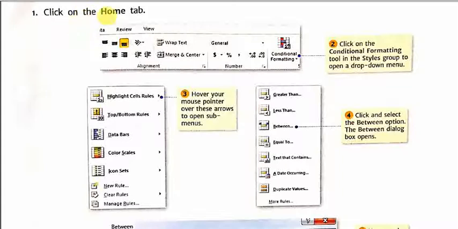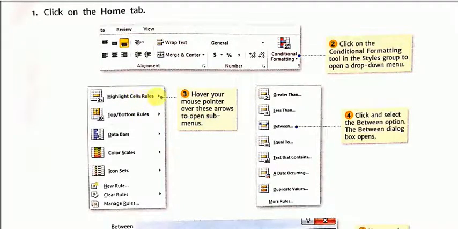Now in the first step, click on the Home tab. After clicking Home you will get Conditional Formatting here. We have to click here, then we will get these options to format the cells. Here it is written that hover your mouse pointer over these arrows to open a submenu.